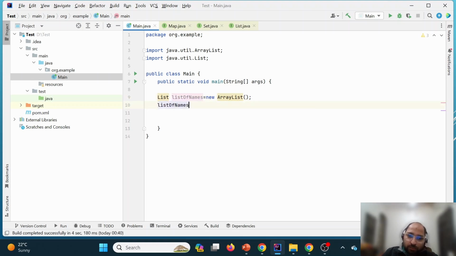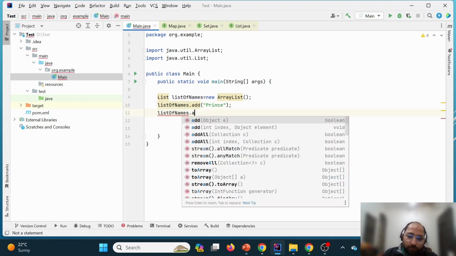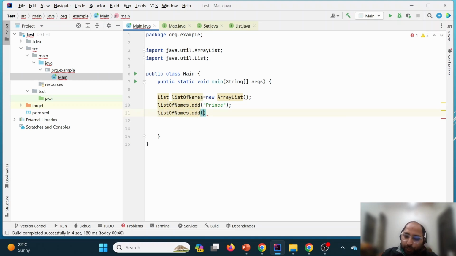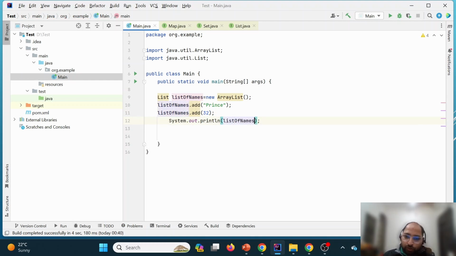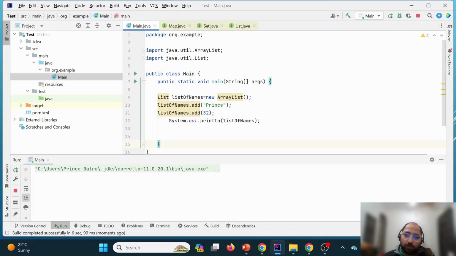So we just discussed that we can store heterogeneous data. So we are going to discuss that part. What is that heterogeneous data? Dot add, and let us say 32, right? Now if I try to print this particular list, what will happen? So let me run it. We'll see it prints the string as well as 32. So we were able to store heterogeneous data, but it is not recommended because we will have typecasting errors